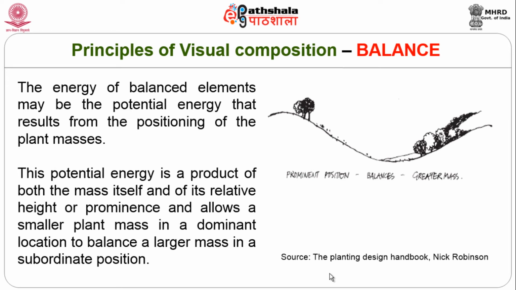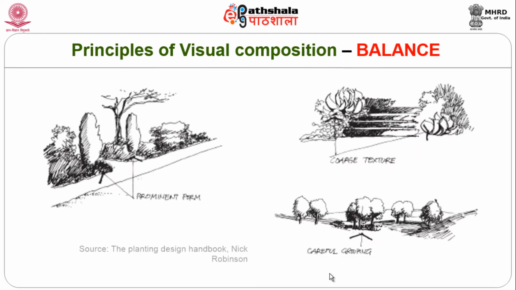Sometimes a single strong form balances several weaker areas also. So, these kinds of characteristics can be brought about on either side. Quantity on one side can be matched by one particular element in terms of the massing on the other side, like how a single plant with striking sword-like leaves would balance a group of 3 to 5 smaller plants.